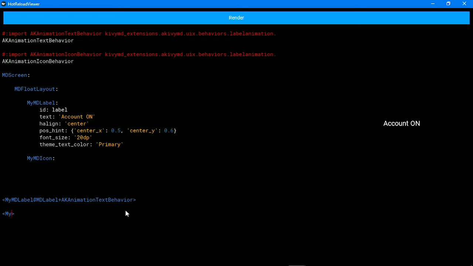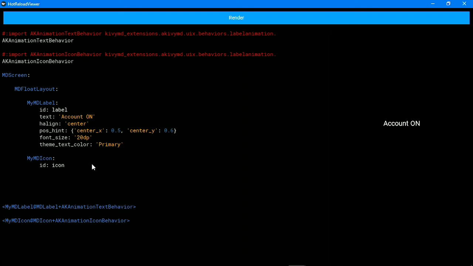Then we need to create the customized class. The ID will be icon. The icon property will be account.